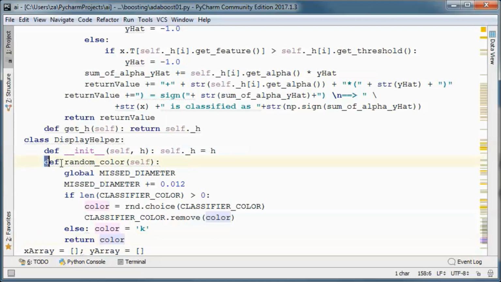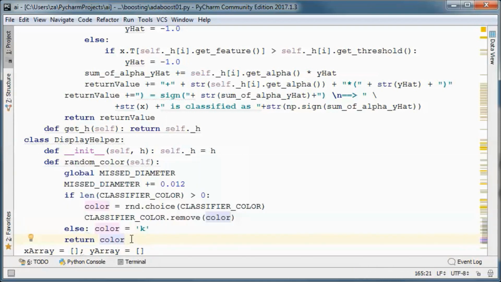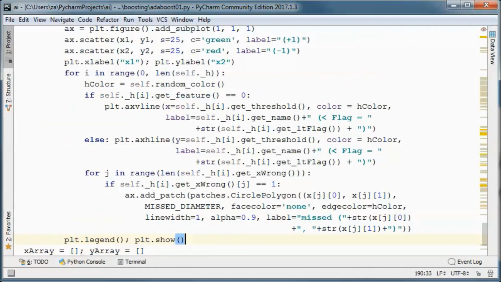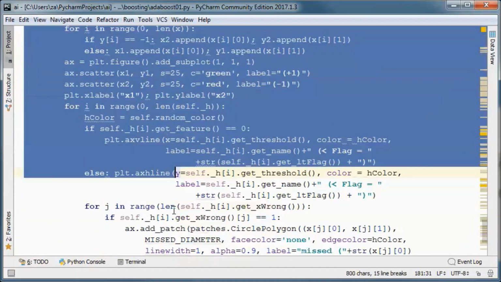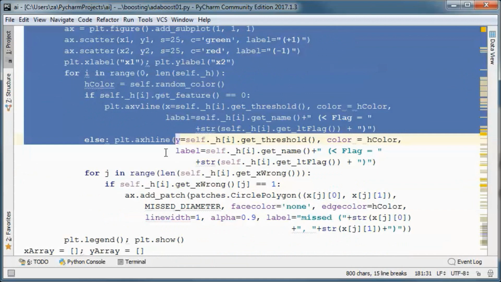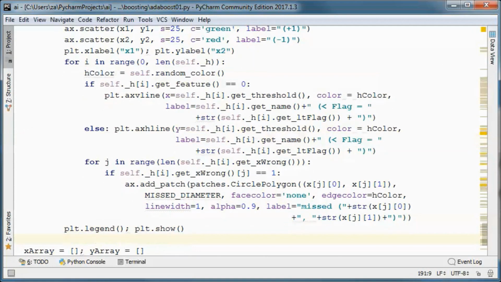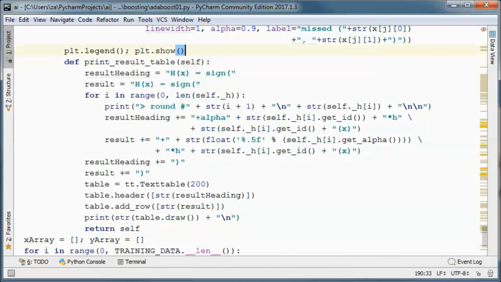So this method picks a random color for each weak classifier, and this method does plotting, uses matplotlib to do that, and this method prints the resulting overall classifier.